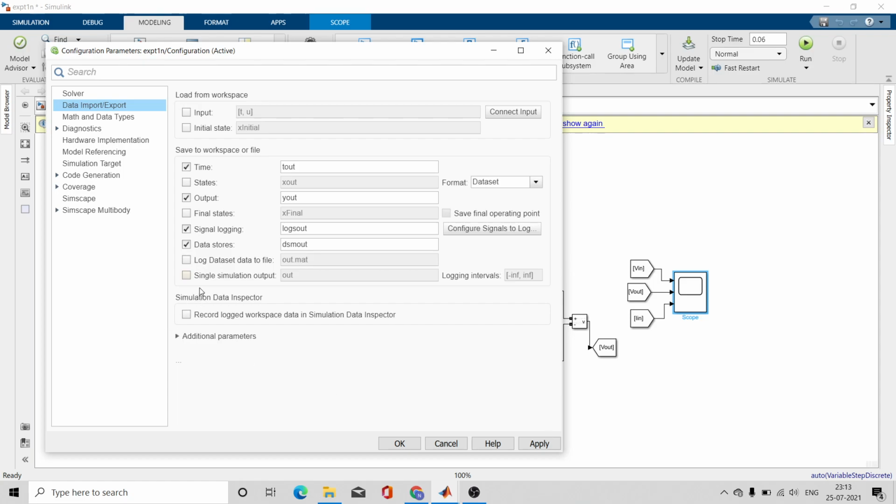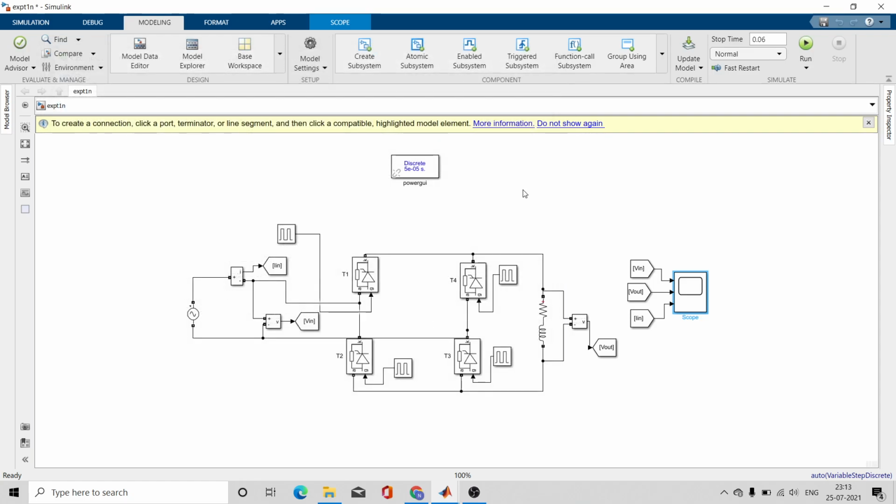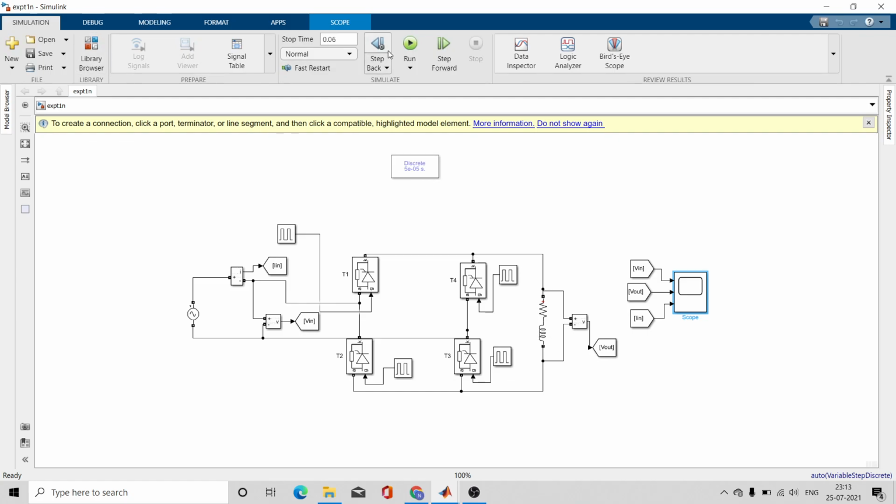So uncheck this single simulation output and the format should be Dataset. Apply and OK. So yes, you are all set. Save and let us run the simulation.